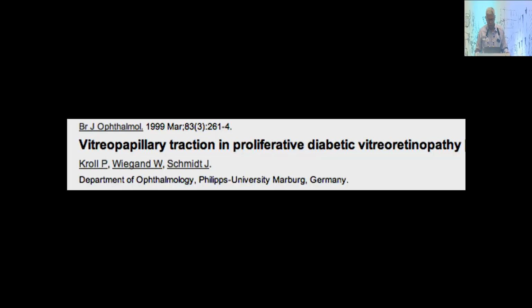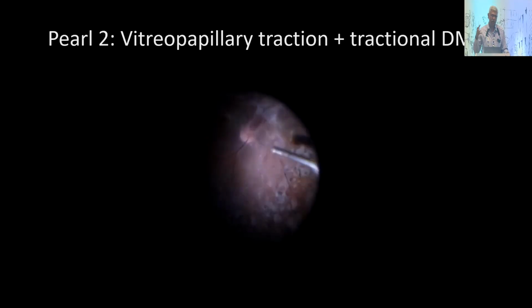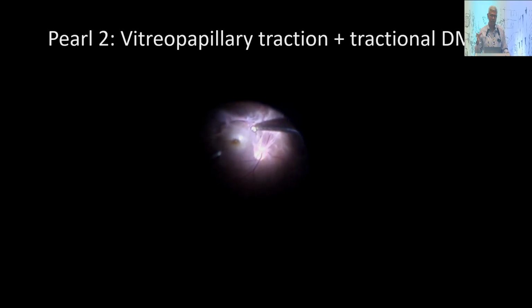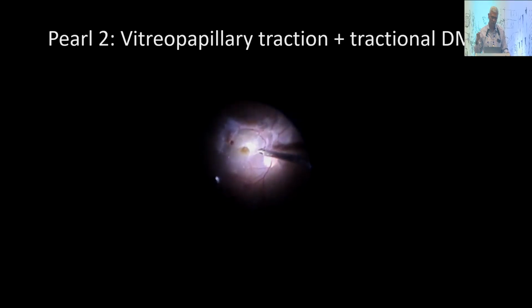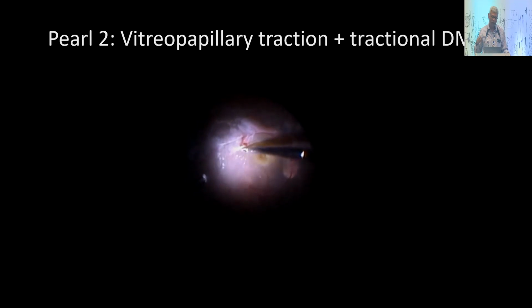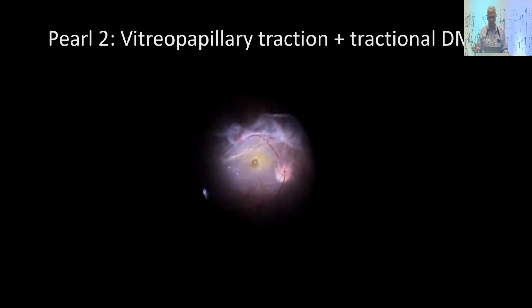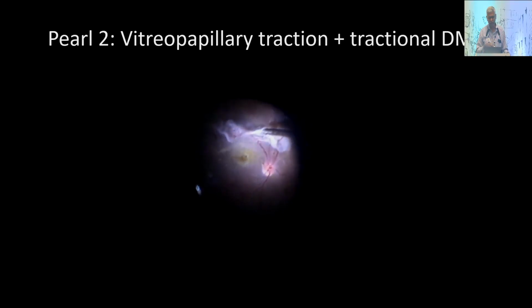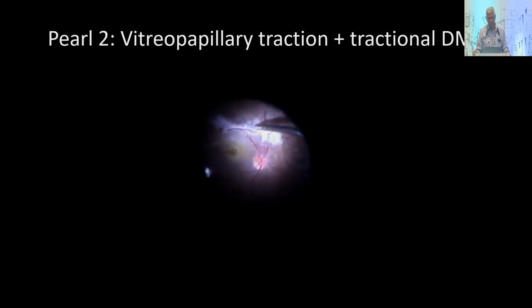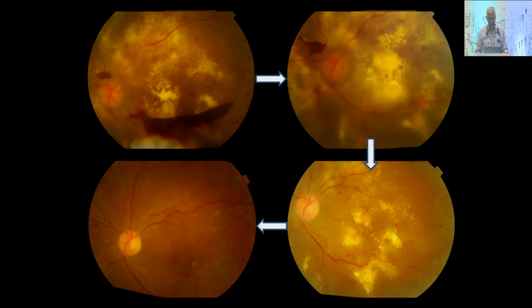Another indication would be a vitreopapillary traction. This is an ill-defined entity in the sense that the traction is on the disc. So you may see a disc edema because the posterior hyaloid is pulling on the disc. Here we peel the hyaloid from the disc, then the stasis in the disc decreases and these patients improve in vision. Here you have an epiretinal membrane as well as traction on the disc. Not that we jump in and do surgery in these patients; we look for a disc edema as well as do a serial VEP to see if the VEP is subnormal, or if there is a progression of vision loss, then we go ahead with surgery.